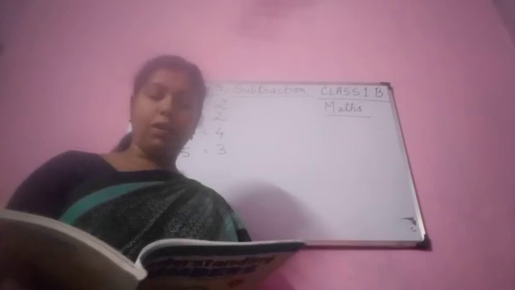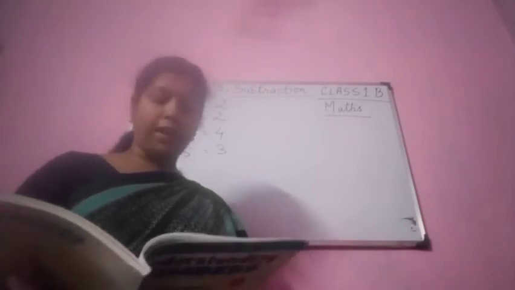Okay. So next one you see how many chocolates are there. 1, 2, 3, 4, 5, 6, 7 chocolates are there. You have to cross out 3 chocolates. So 7 minus 3 will be 4. What will remain? 4 chocolates will remain. Okay. Now you see here how many flowers are there. 1, 2, 3, 4, 5, 6, 7, 8, 9, 10. 10 flowers are there, and you have to cross out 5 flowers. So if you cross out 5 flowers, how many are remaining? 10 minus 5 will be 5.